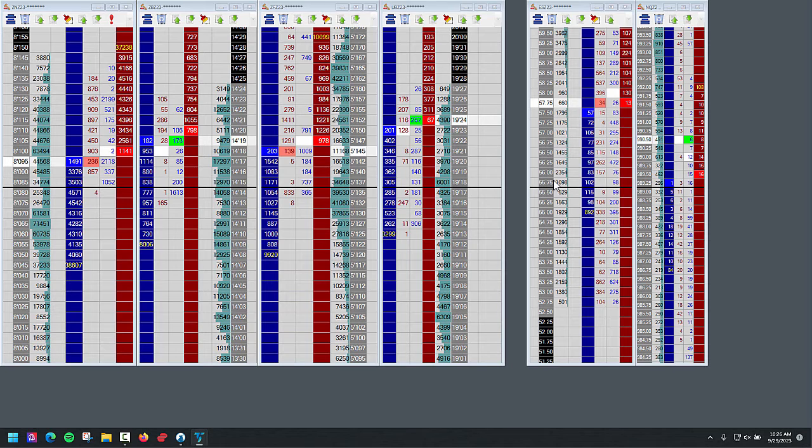So being able, again, to anticipate whether it's likely that there will be a fast, quick run or whether it's likely to be choppy can help you decide whether you want to be involved or not be involved. And if you are involved, how to manage the trade in a way that you don't just watch it keep grinding against you if you're on the wrong side.